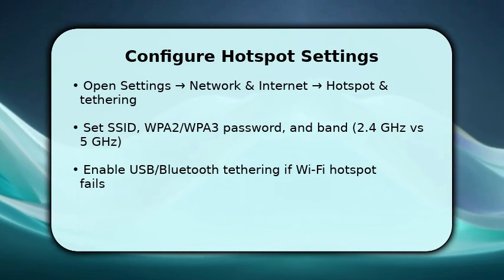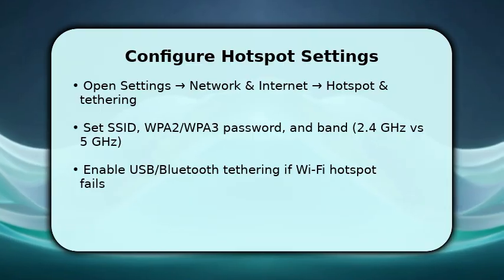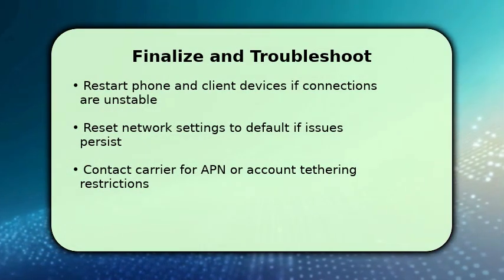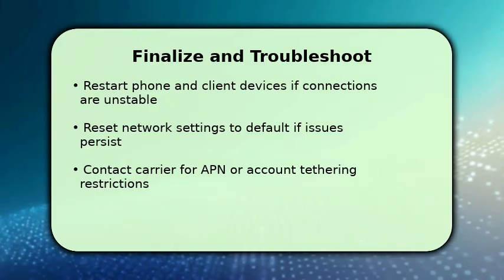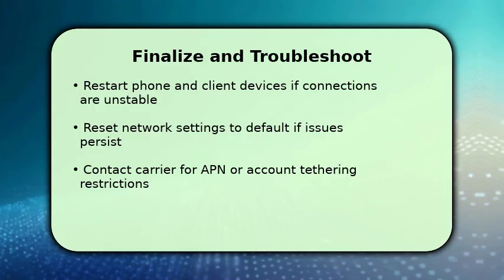You finish by validating connections. Have the client device forget the network and reconnect, and restart both phones to clear transient issues. If connectivity remains flaky, reset network settings in Android to restore defaults, because misconfigured APN or proxy settings often break